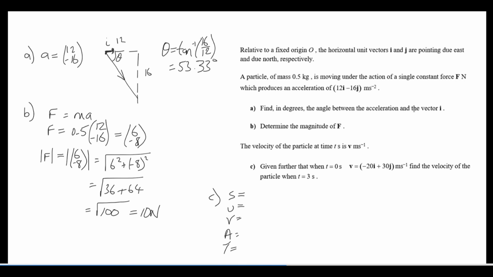So the displacement, we don't actually know right now. The initial velocity, like I said, is the negative 20, 30. Final velocity is what we're looking for. The acceleration we have earlier in the question, and the time is 3 seconds. So making use of these, it's going to be v equals u plus at. Substituting in,